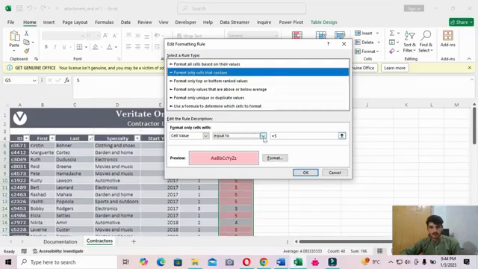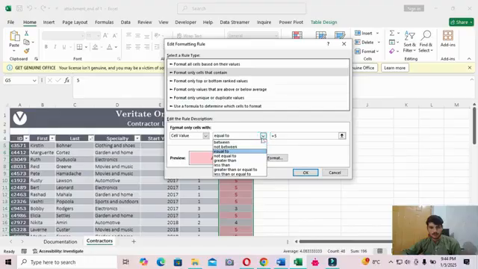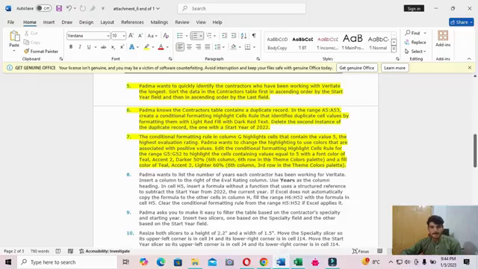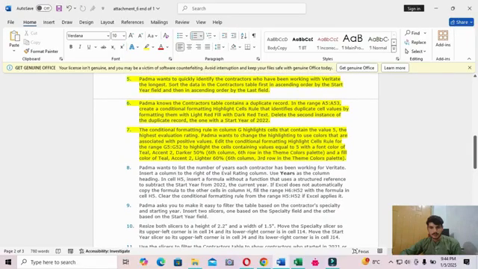Okay, equal to 5, and then change the font color of the conditional formatting to Teal, Accent 2, Darker 50%, fifth column and sixth row.